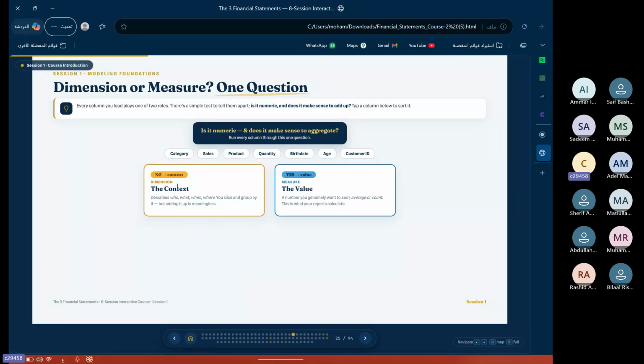we have something called dimension and measure the value. So in your opinion, should category go here or here? It should be a context, something that does not change over time. And of course, if you work on a restaurant, you have 5 categories of food, for example meat, cold, dessert, anything. Is your category context or value?